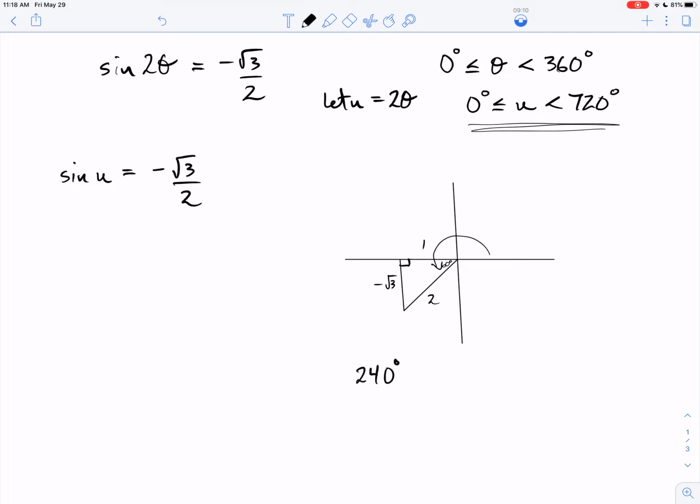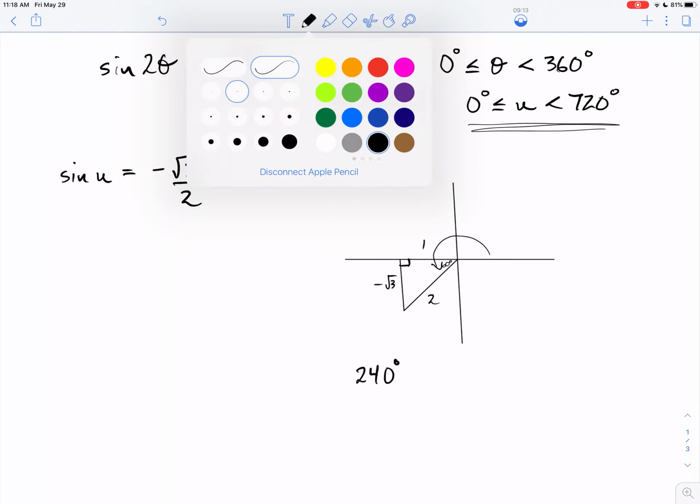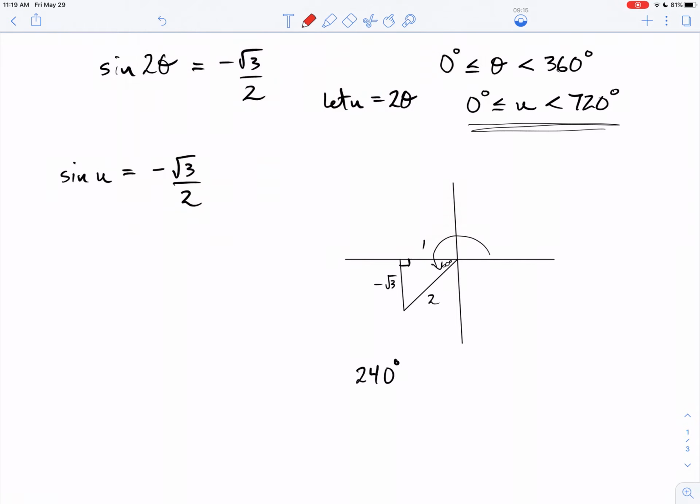And I also know I could draw another angle. What the heck, I'll use a different color here. I could draw another angle that would go all the way to here with a terminal side. Please, thank you. There we go. I don't know why I'm saying please to an iPad. Anyway, that angle would also end up with a little 60-degree reference angle inside of it. I could say that's opposite over hypotenuse, right? But that's not the angle they want. They don't say 60 in quadrant 4. They say, no, no, no, that would have to be a